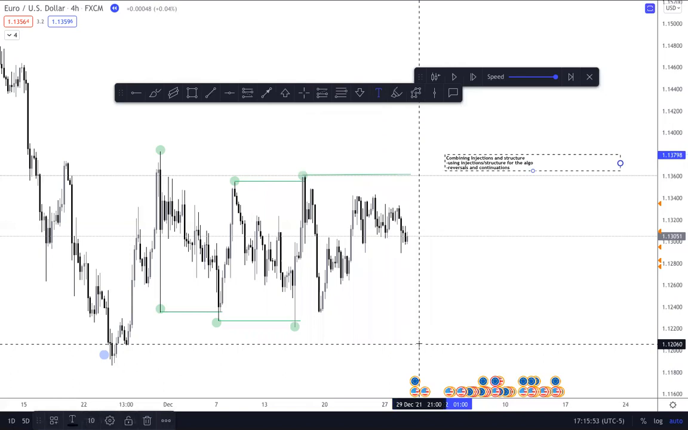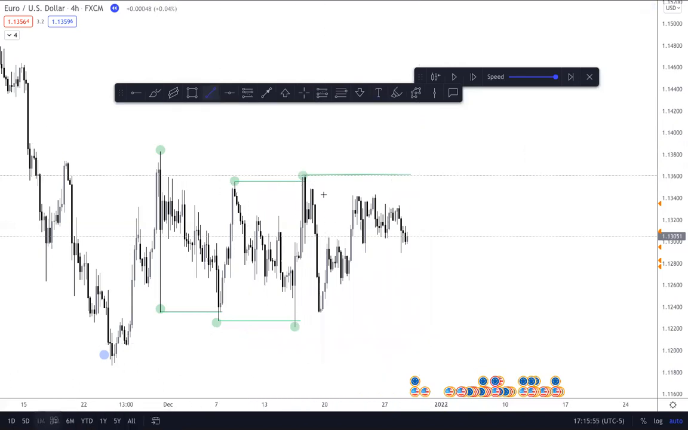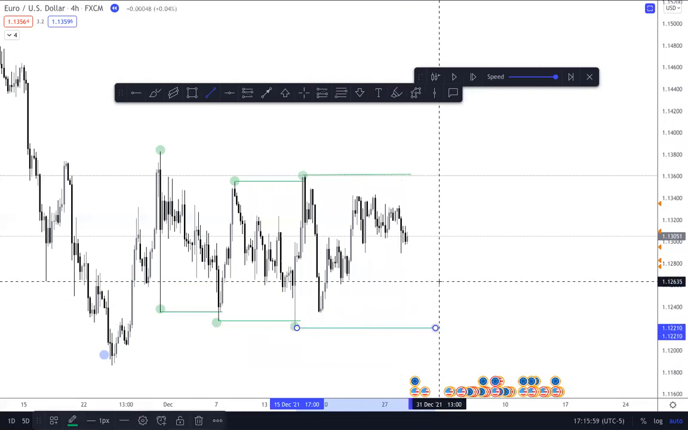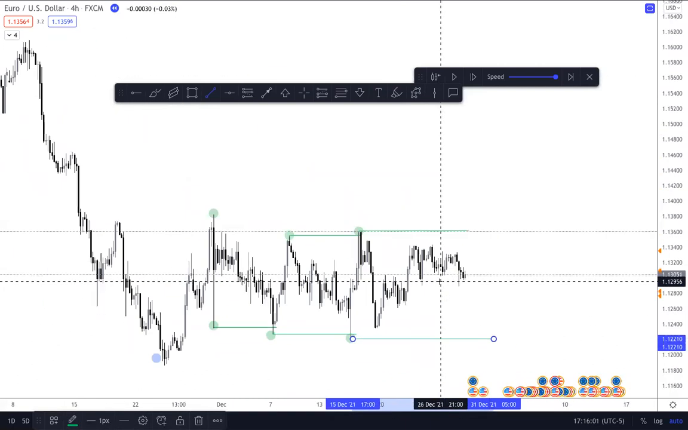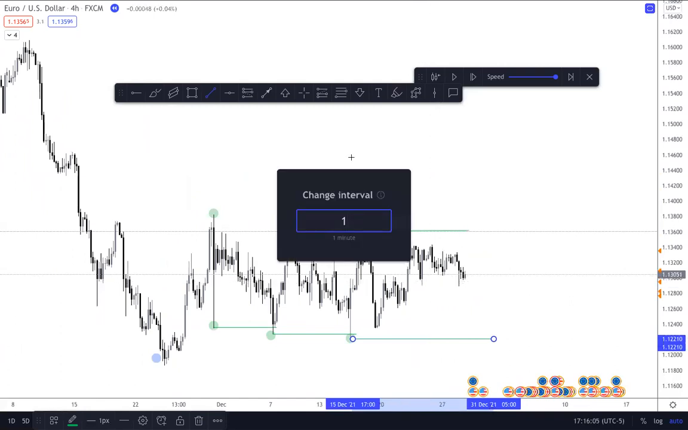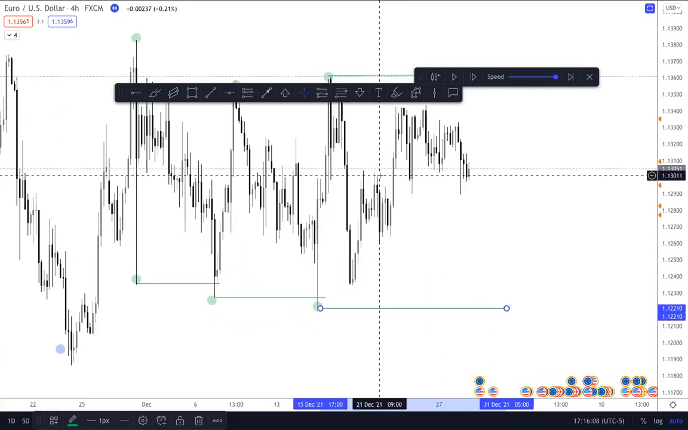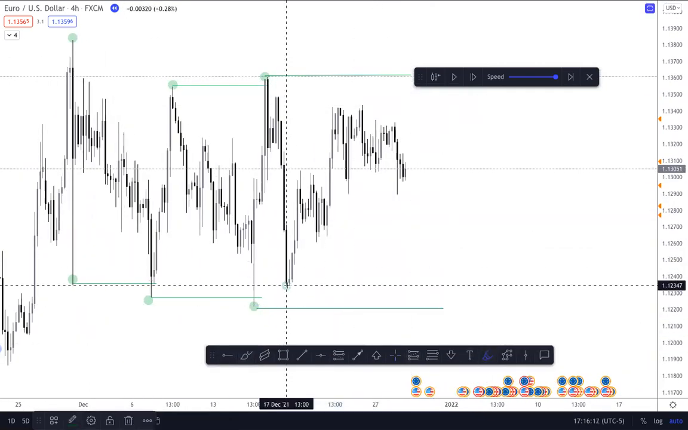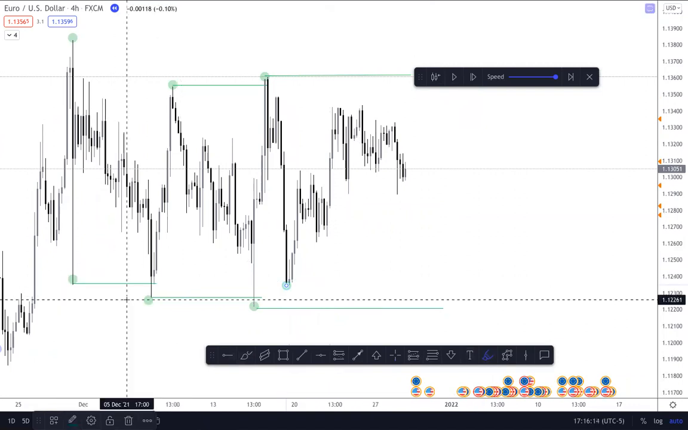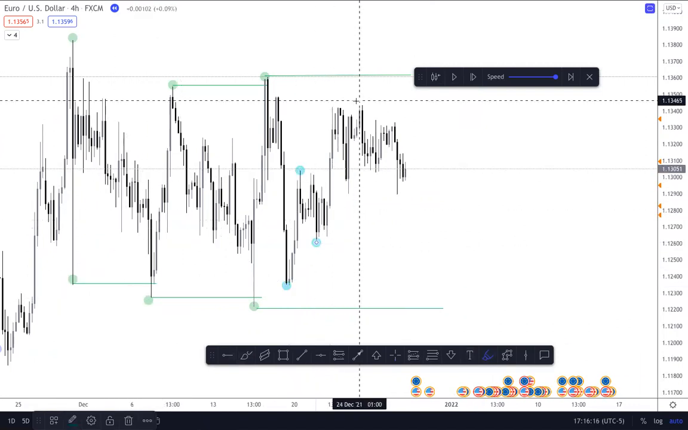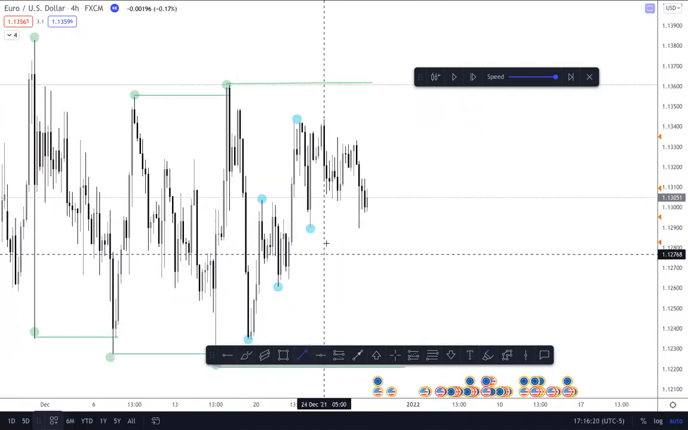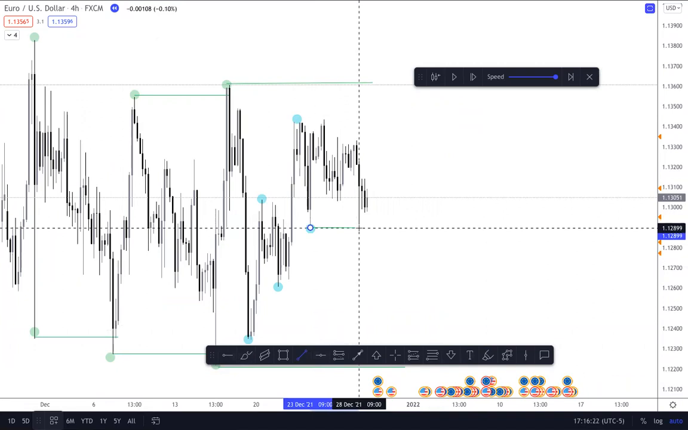Okay. Here we have our inducements. We've clearly marked up our daily and 4-hour structure. Now I want to move in and identify, well, not yet. I actually want to identify the internal structure. Internally, I have this here, to here, to here, to here, to here. We've clearly seen that